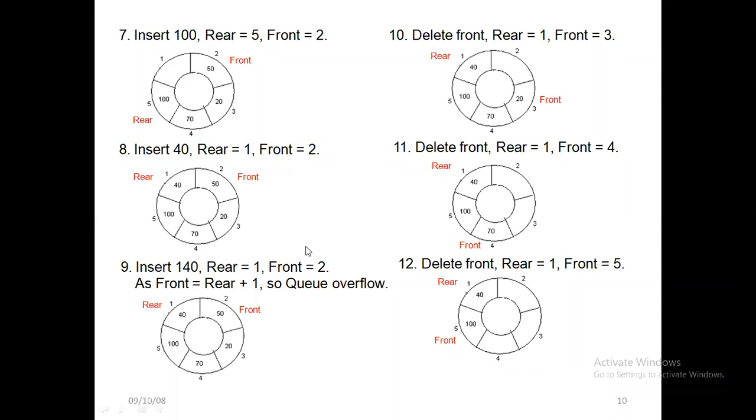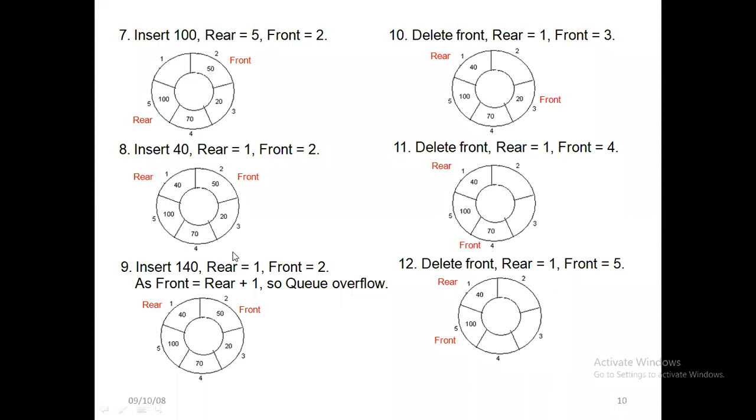So you can see here, in the 8th step, insert 40. Where is it inserted? At location 1. That is at the front of the queue. But this is not possible in a linear queue. Though the front of the queue is empty, that is one location is empty, I can't insert anything. This is the thing you have to understand mainly.